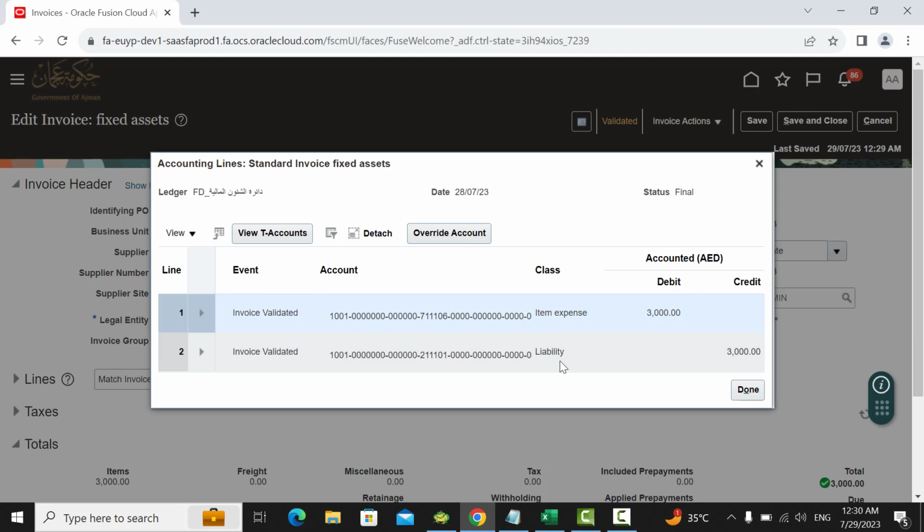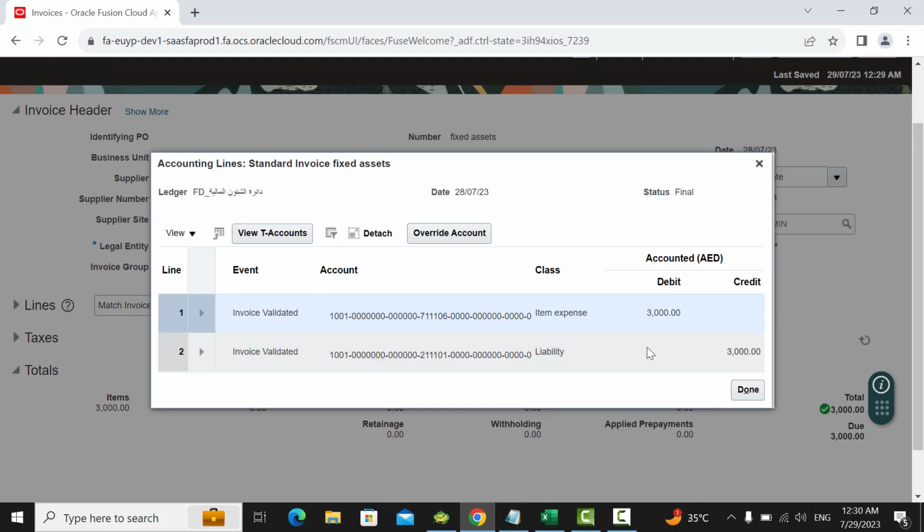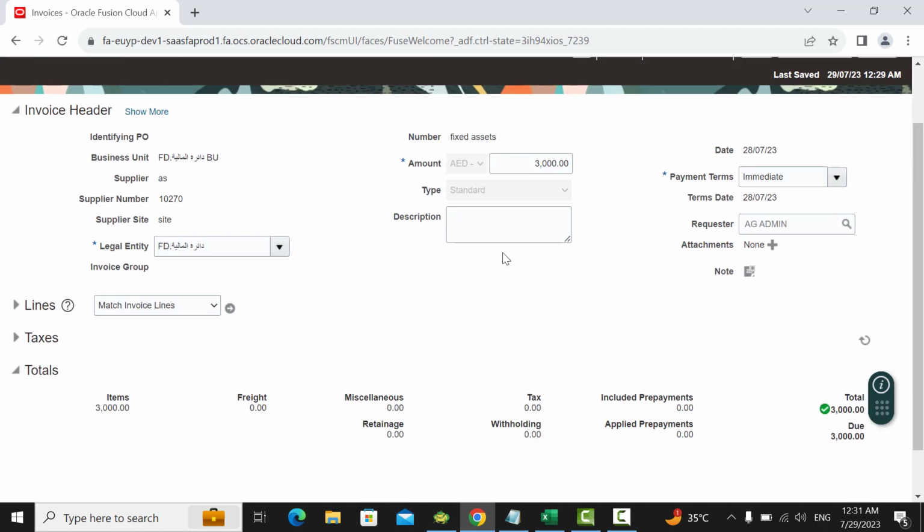The credit will be the liability of our supplier. In case you put any tax, the tax will come here again as a debit, and the liability will be the total of the item expense and VAT or tax. Done. Now the invoice is complete, so you have to run one process